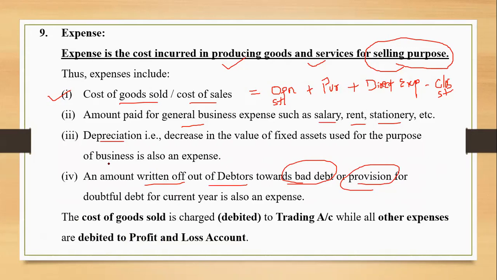Where are we going to record all these? Whatever the remaining expenses are apart from cost of goods sold, we can see here: the cost of goods sold is to be recorded on the debit side of the trading account, whereas the remaining general expenses, depreciation, provision, all these amounts will be recorded on the debit side again, but in the profit and loss account. Why am I coming up with this trading and P&L? Because by the end of the year we need to do it, and at that time I need not make you learn again. Right from the beginning you should be aware that expense will go to trading and P&L, on the debit side. And incomes will be credited. Correct? So this is all about expense.